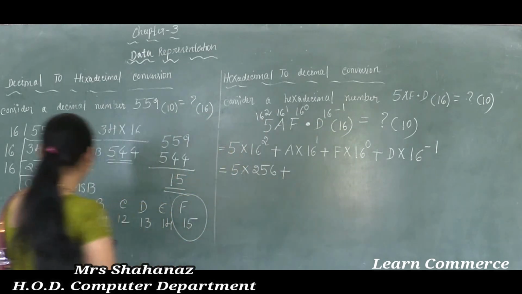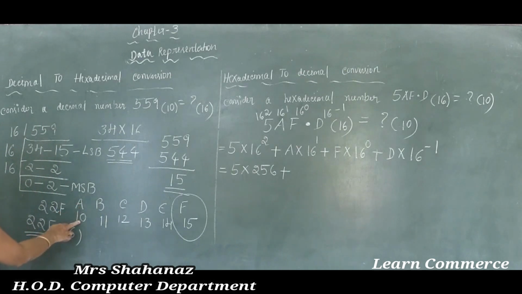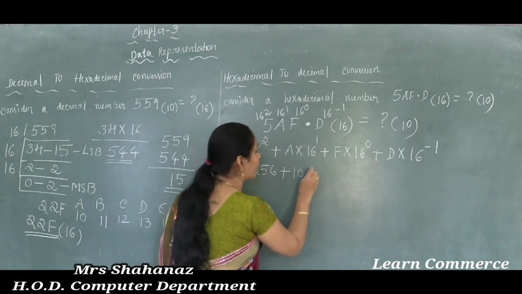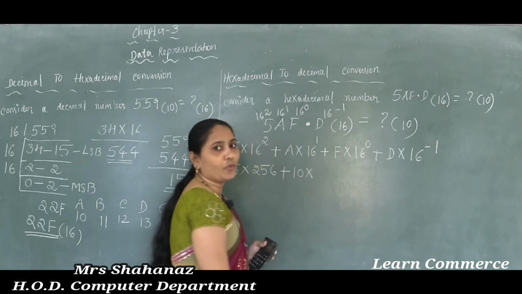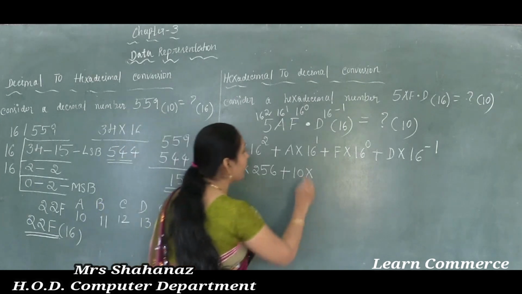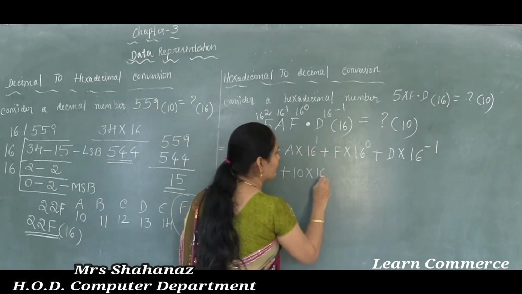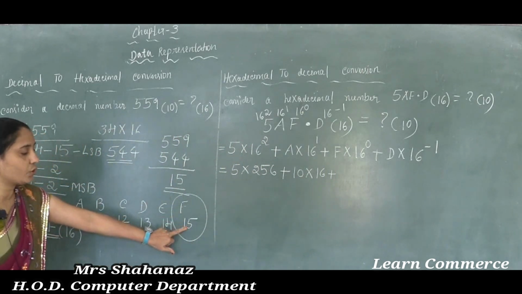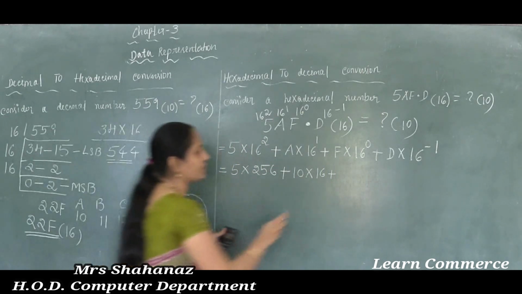And after that plus, as we know, what's the value of G? The G value is equal to 10. So now I am going to convert the digit value of G to its decimal equivalent, which is 10. Clear this one? 10 into 1 times, so 16 plus, and what about the F value? The F value is equal to 15.